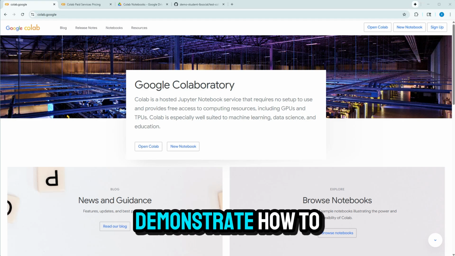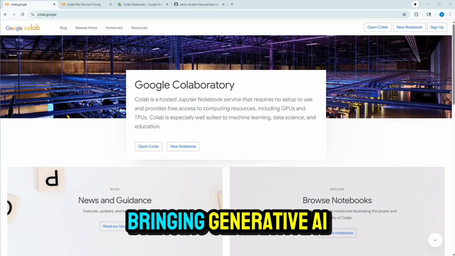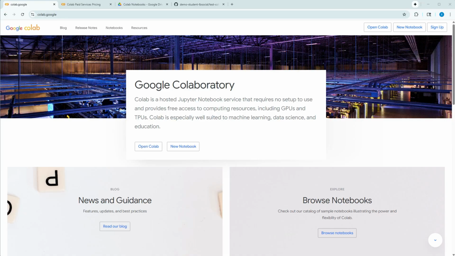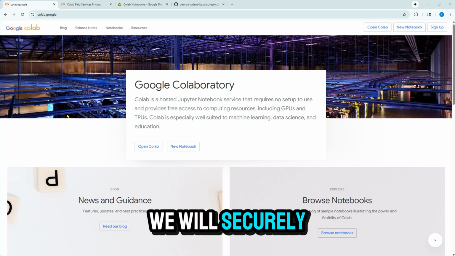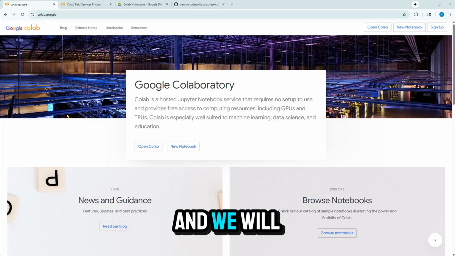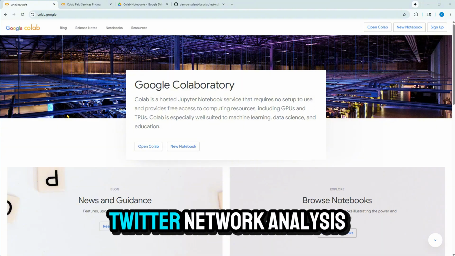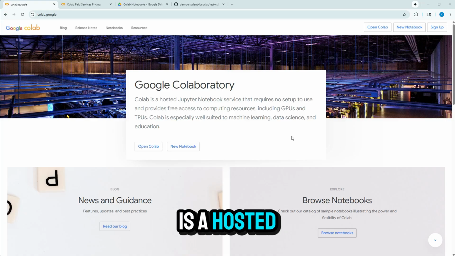Today, we will demonstrate how to use Google Colab with Gemini, bringing generative AI directly into our coding workflow. We will connect our notebook to GitHub. We will securely manage credentials, and we will ask Gemini to generate, explain, and also run code for simple Twitter network analysis. All right, so Colab is a hosted service where you can edit your Python code in the notebook